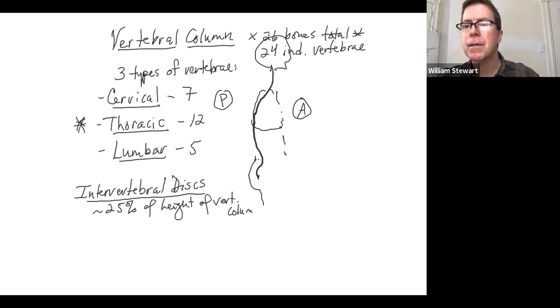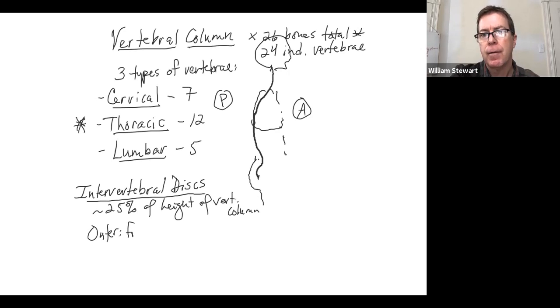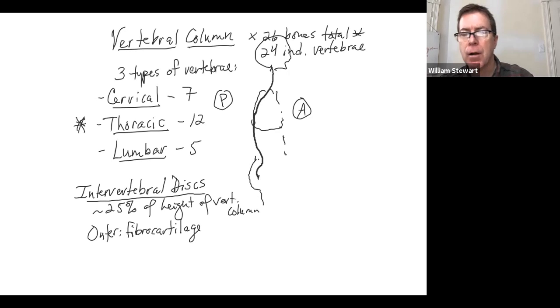So they're not insignificant in their height value. The outer tissue is fibrocartilage. So I'm just going to write outer is fibrocartilage. The inside, they're kind of like jelly donuts because fibrocartilage is a little bit tougher. The inner portion, which would be the jelly portion, is a soft, highly elastic